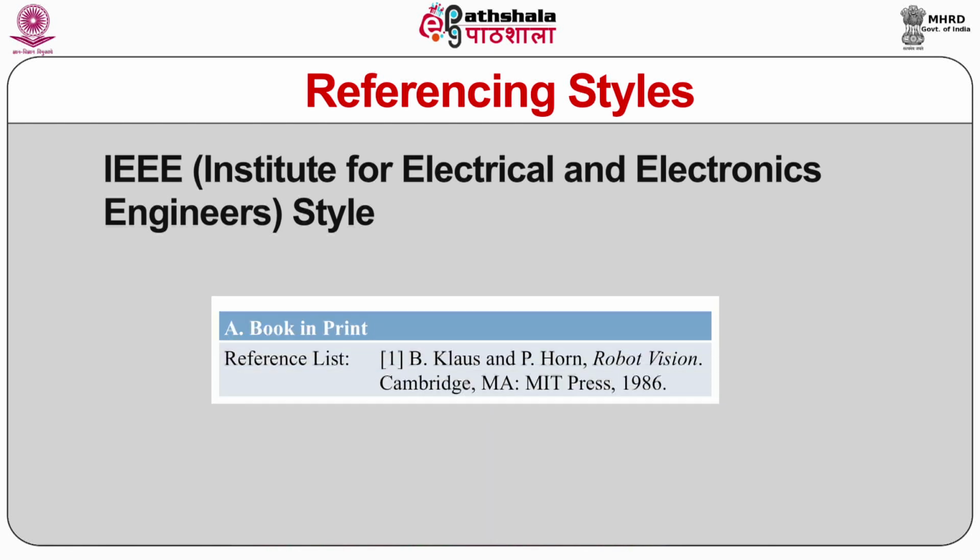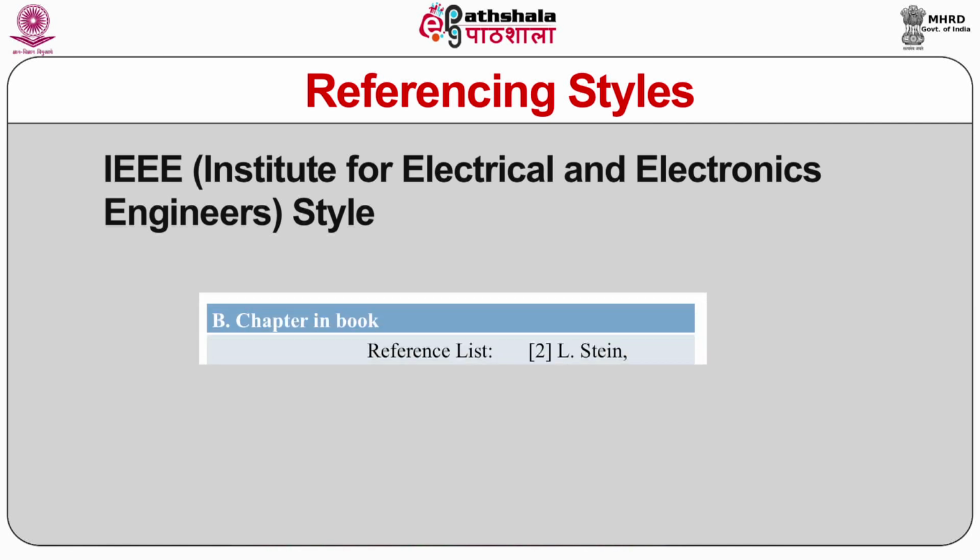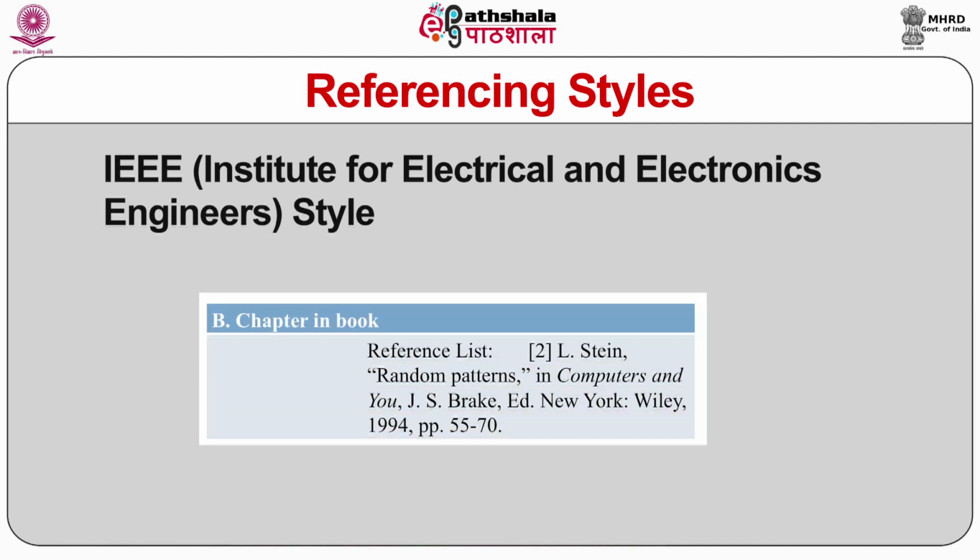For your more convenient understanding, some examples are given. If you are referring to a book in print, the reference will be given as B. Claus and P. Horn, the name of the book, Robot Vision, Cambridge, MIT Press, in the year 1986. If you are referring to a chapter in a book, the reference is to be given as L. Stain,